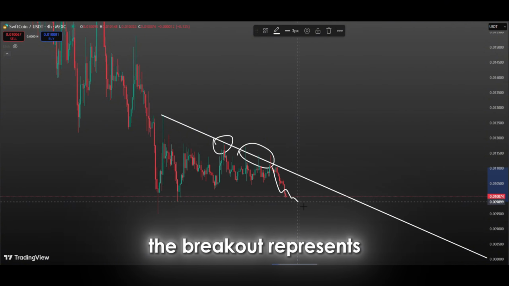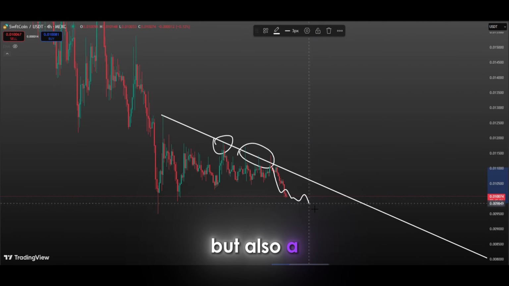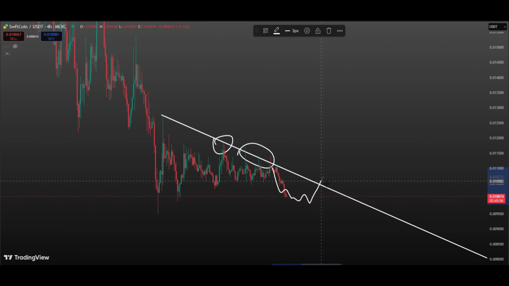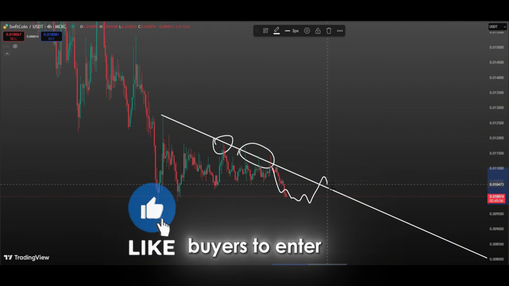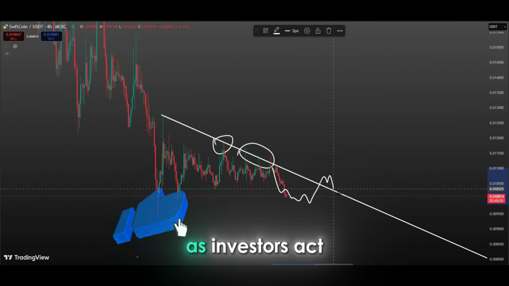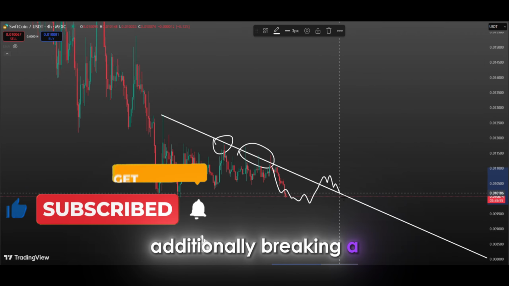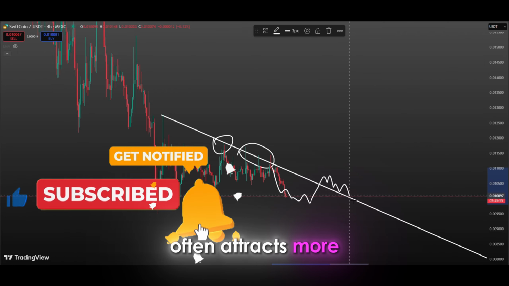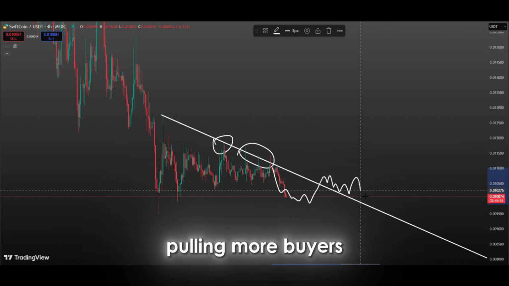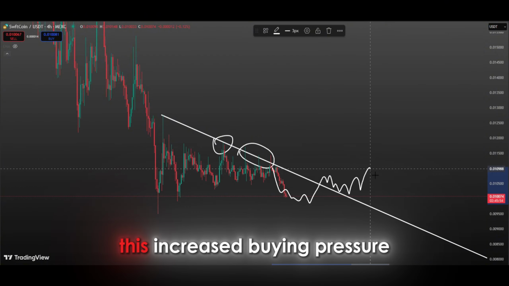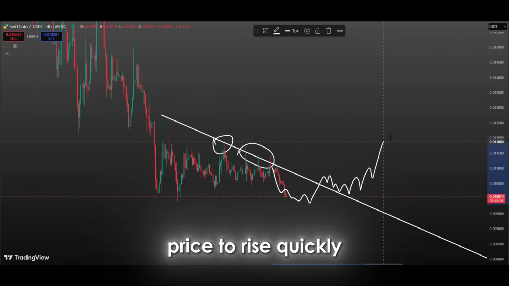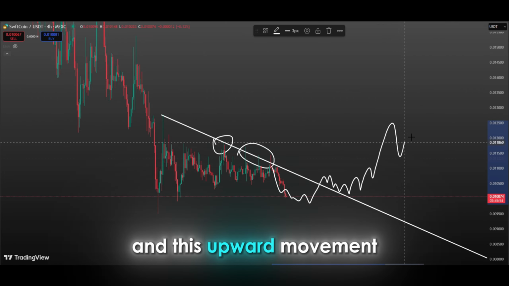The breakout represents not only a technical success, but also a shift in market sentiment. Such breakouts encourage buyers to enter the market, as investors act on the expectation that prices will now move upward. Additionally, breaking a descending trend line often attracts more attention from investors, pulling more buyers into the market. This increased buying pressure can cause the price to rise quickly, and this upward movement can lead to a surge